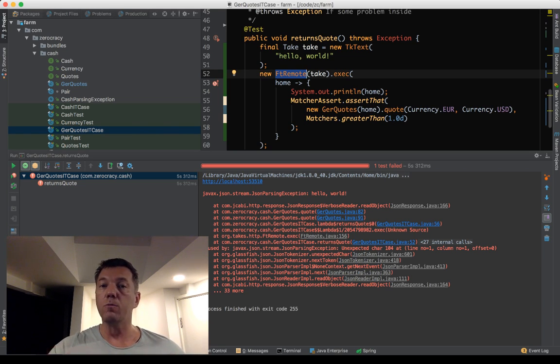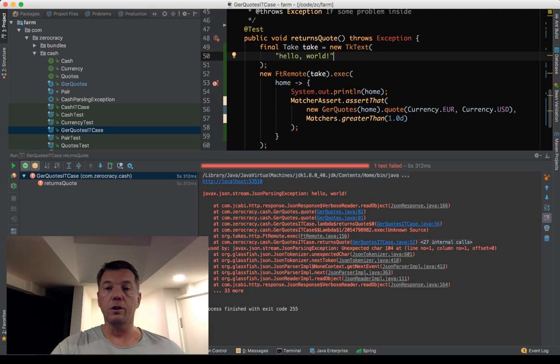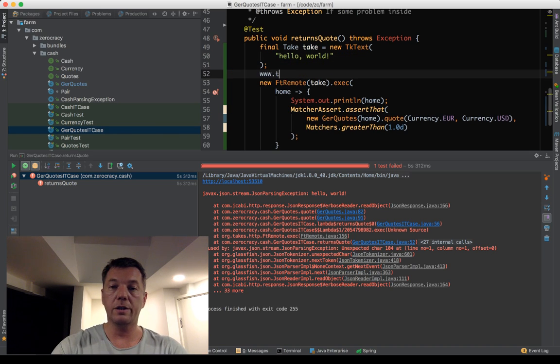It started a real web server, and that real web server knows only one thing. It just returns hello world, no matter who is connecting, no matter what the HTTP headers are, no matter what. It always says hello world. It's quite a simple and quite powerful framework. It's called Takes. You can check it at takes.org.